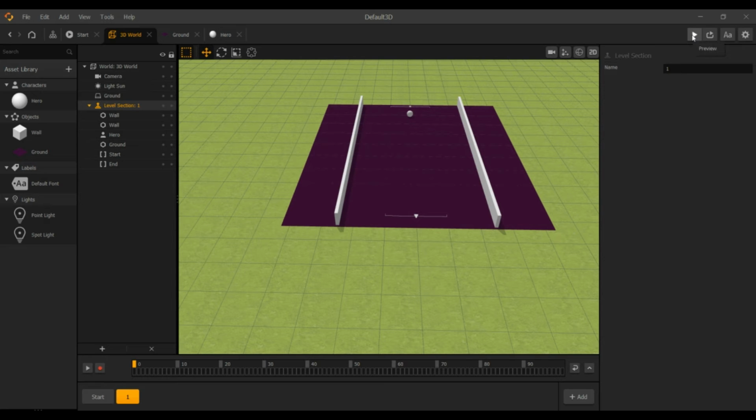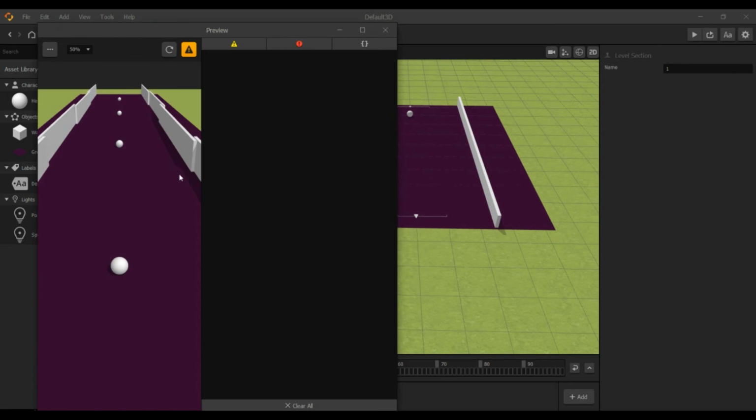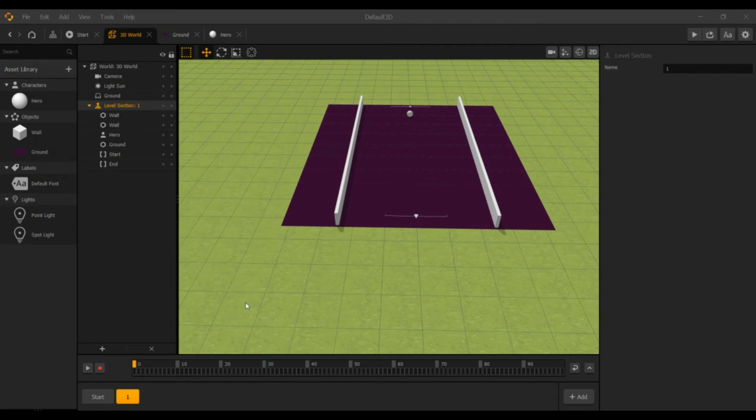Now when you play this, you will find there is a problem, because when you duplicate this level or any level, they duplicate everything including the characters as well. So go to the one and just remove this character, and when you start this,